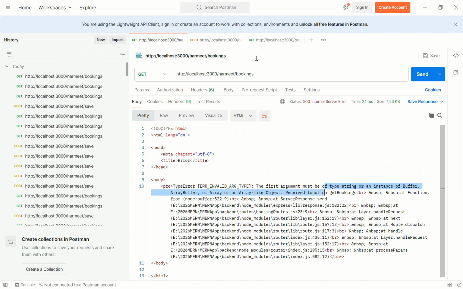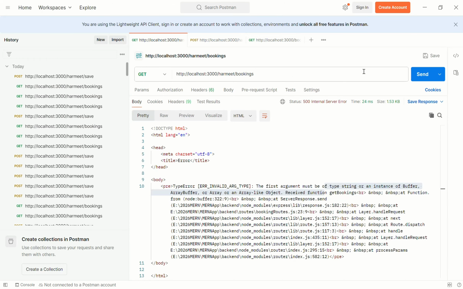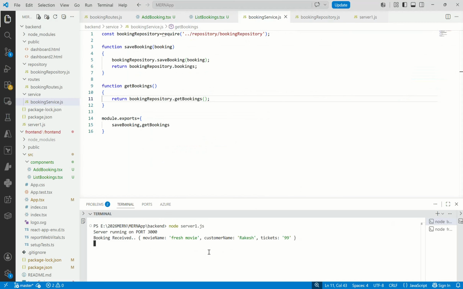Let me go back to post first. So let's say I'm saving it. Going back to bookings. Let me click on send. Perfect. Now it's working fine. No error. Right. Perfect. I think so. So you can see